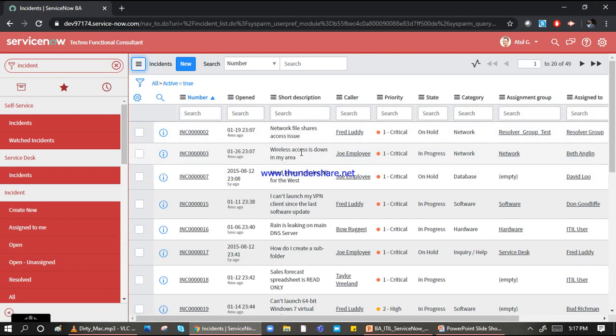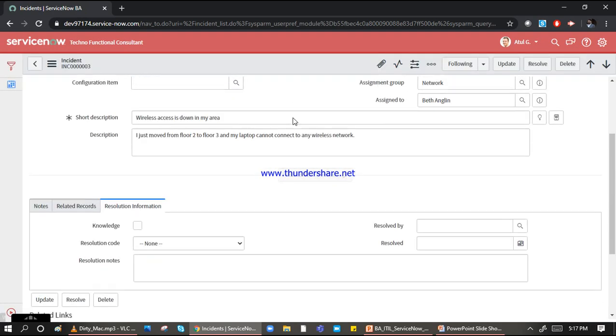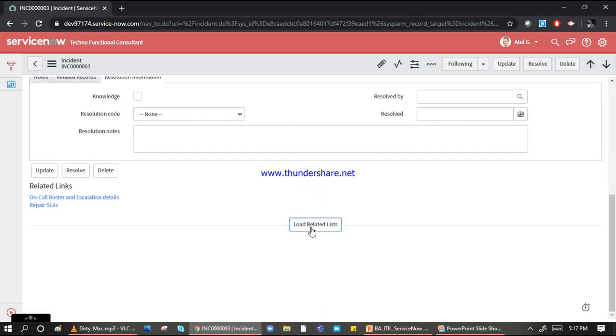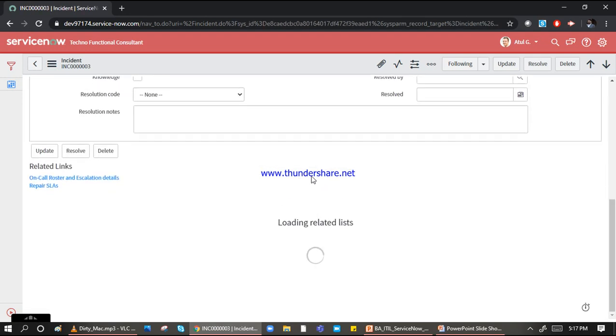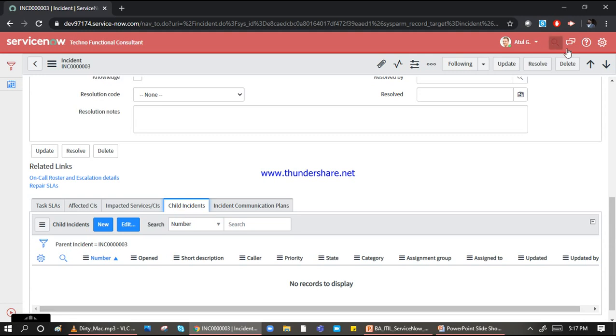Let me open it. Okay, it's in progress. Let me pick that one only. There's nothing on the in progress or state-wise basically. Now I go down. Okay, load deleted list. I'll show you how this option works. Go to child incident.